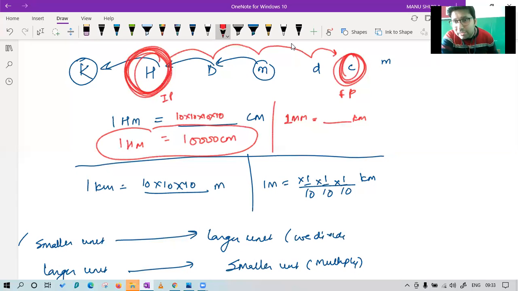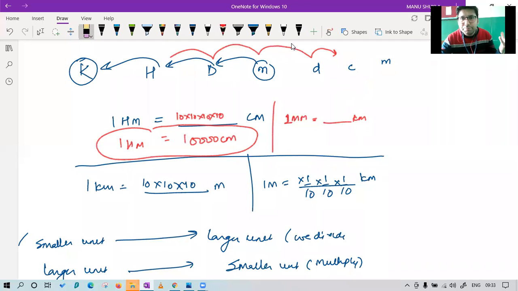Ekta Yadav, please check. Bani, I hope yours is correct. Sarvagya, try to see. Will we multiply or will we divide? Are we going from a smaller to a larger unit or a larger to a smaller unit? First, tell me that. Rian, very good. Kavish, good. So we are going from a smaller unit to a larger unit. So we will divide. Let's see what will happen.